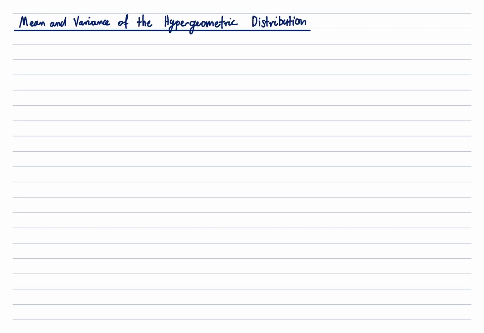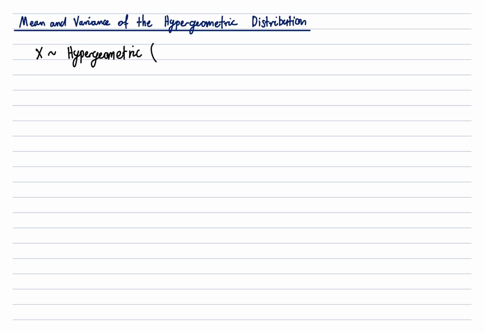Welcome. In today's video, we are going to derive an expression for the mean and variance of a hypergeometric distribution. To begin with, let us define the probability mass function. So suppose that X is distributed with a hypergeometric distribution